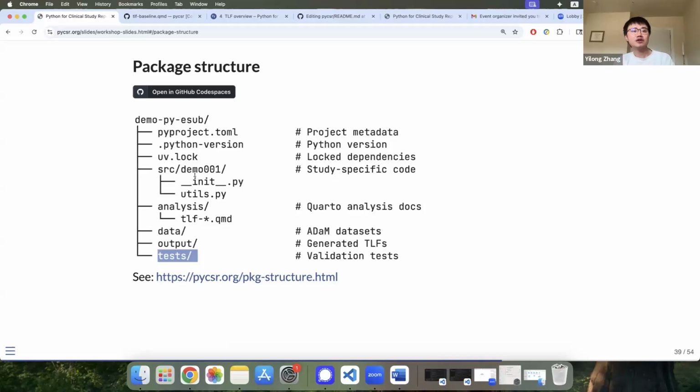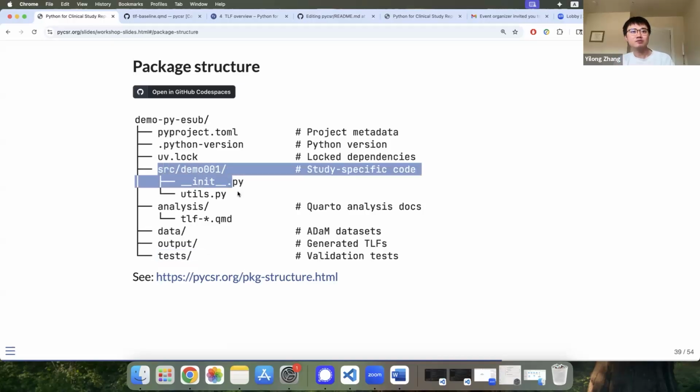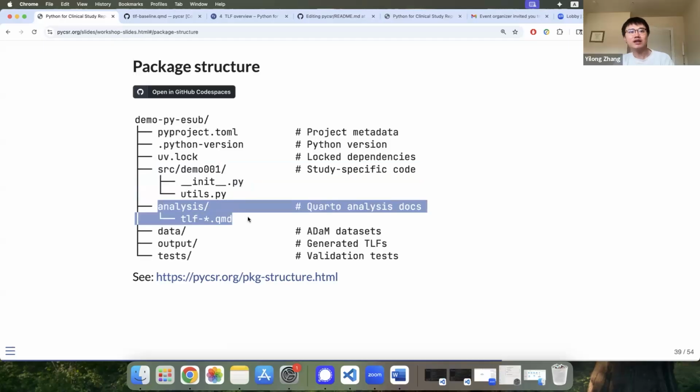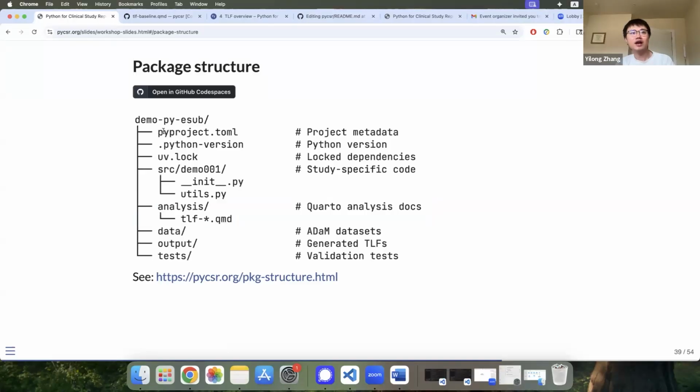And if you have additional functions, like the baseline characteristic example, we have some functions to reproduce that can be stored in a standalone package. And then the analysis code can be stored in the analysis folder as a Quarto file. We also have some config files as a package to maintain the dependencies and the Python versions using UV.